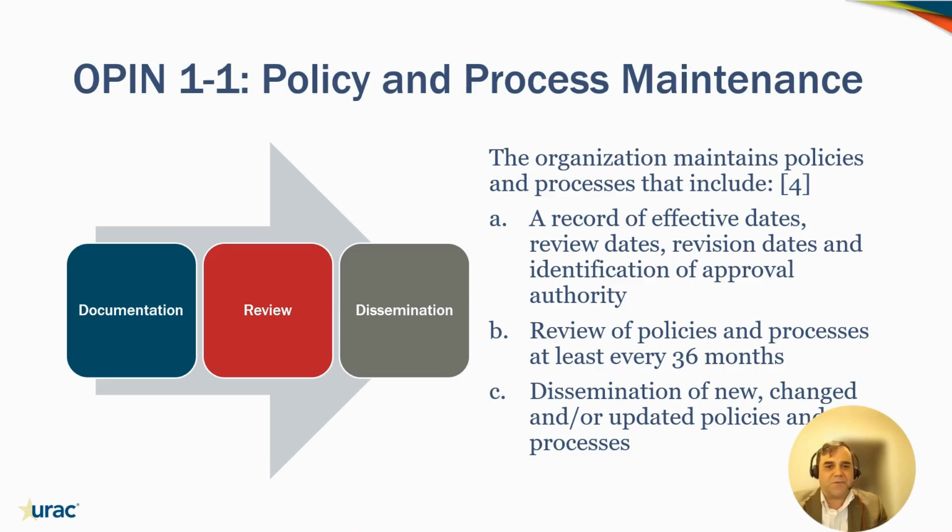During the desktop review, we're going to be looking for documents describing how you maintain, review, and disseminate policies and processes. We're going to look for evidence of recording dates and approval authority, and we're going to look for evidence of policies and processes having been reviewed every 36 months or to your policy timeline if more stringent. During the validation review, we